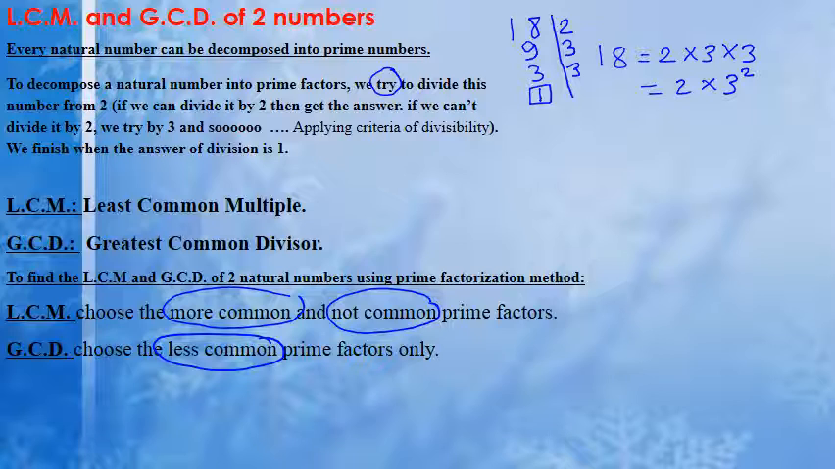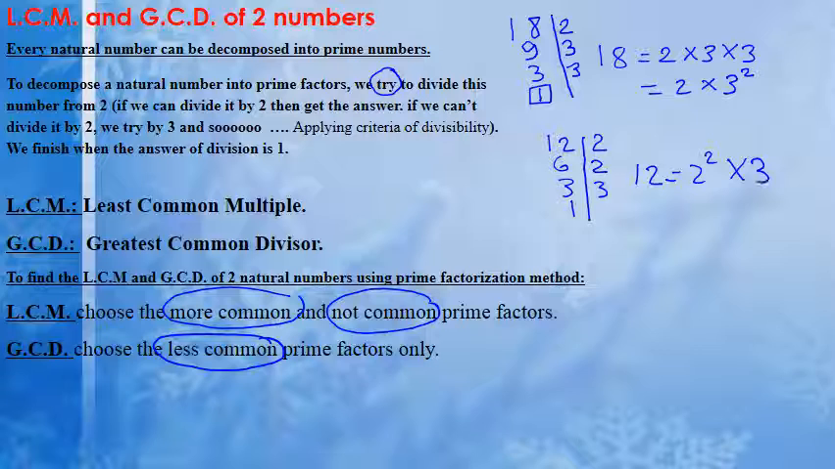For example, if we take the number 12, the prime factors of 12 are: by 2 it's 6, by 2 it is 3, and by 3 it is 1. So the prime factors of 12 are 2 squared times 3. Now if we wanted to find the GCD